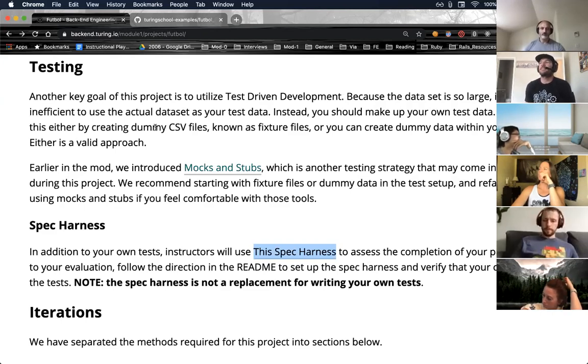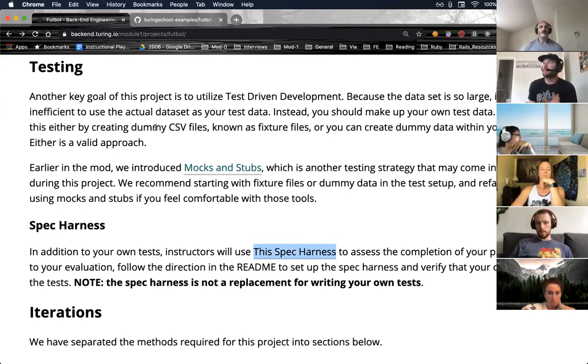And so the entire Spec Harness can run at the same time, or you can look up the way. It's written in RSpec, so it's not like minitest, it's not the framework you're used to, but there is a way to run one test at a time in RSpec by providing some command line arguments when you run the Spec Harness. I think you will find that that is a much better workflow than waiting on the entire Spec Harness to finish every single time you need to test one specific method. So I encourage you to look at that.